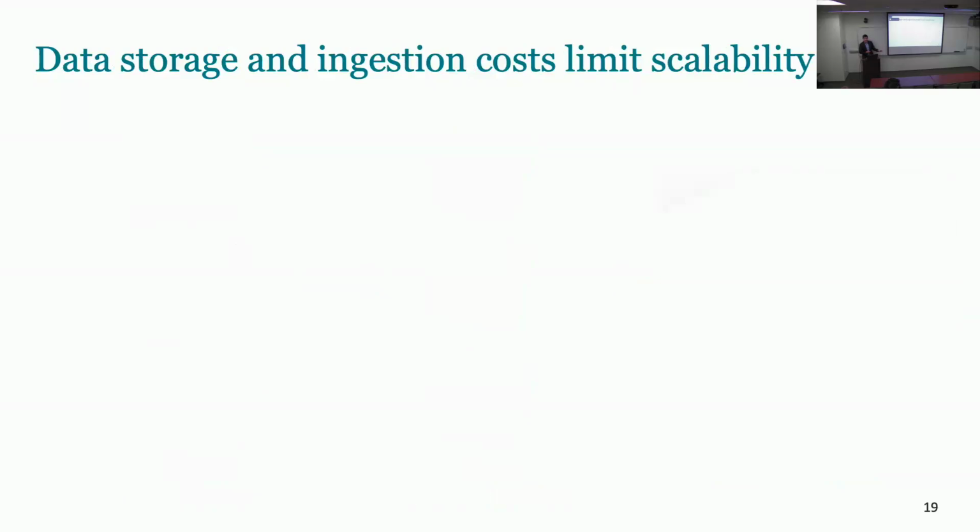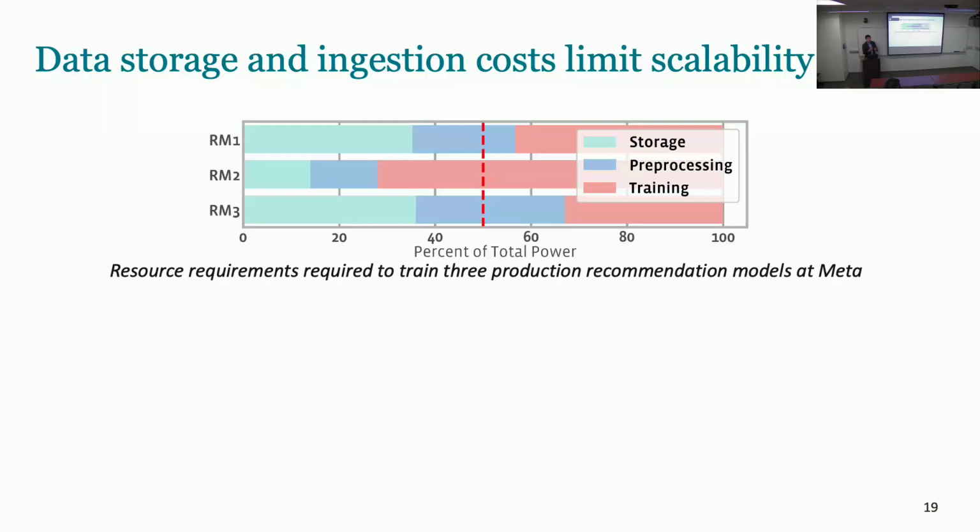This is great because it eliminates these bottlenecks, which are underutilizing all of our accelerators, but this comes with a trade-off, which is cost. We're just throwing resources at the problem here, right? So what this graph is showing is a breakdown across the 3 recommendation models of the amount of infrastructure resources in Meta's data centers needed to perform the data storage, data pre-processing, and then training in red for this entire